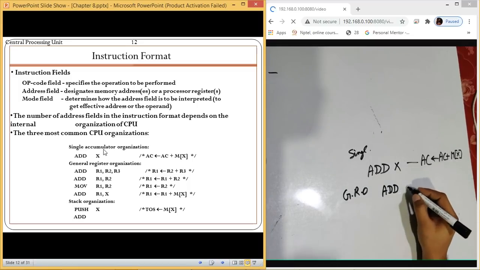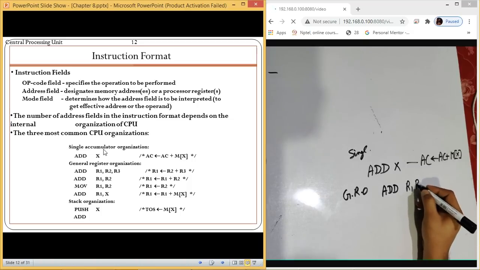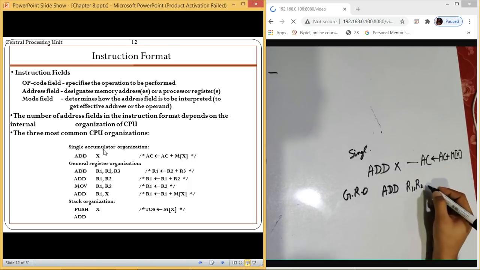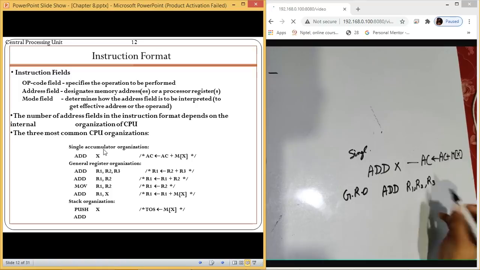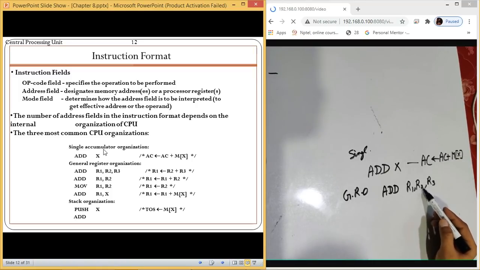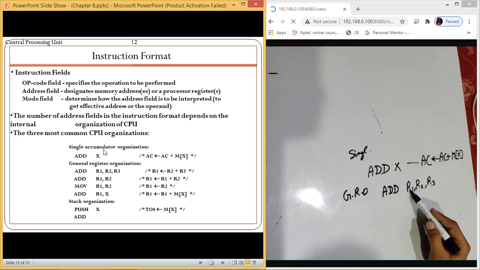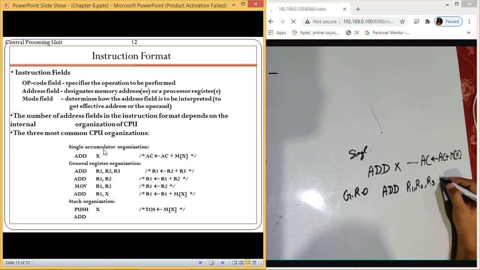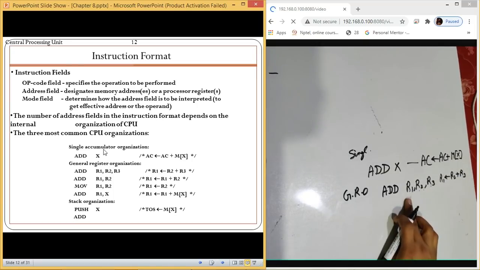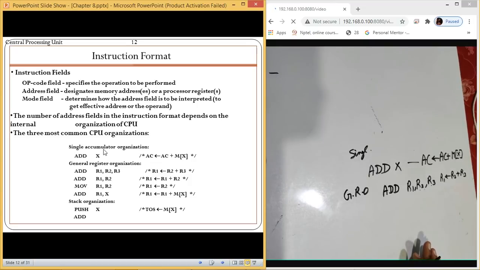In this case, add R1, R2 and R3. It says add the value of R2 and R3 and store the resultant in R1. So add the content of R2 and R3 and store it in R1.